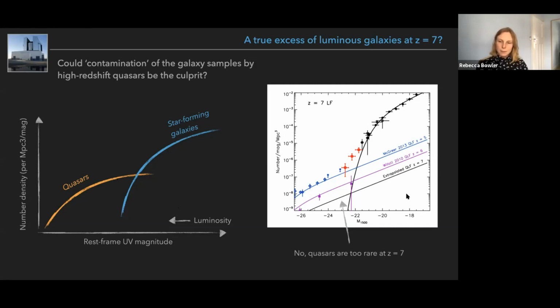Now, when we did this work, and even today, there are very few redshift 7 quasars known. They're very, very rare objects. Really just a handful of sources known. So to make a luminosity function is very challenging. And so what we did was extrapolate what was known at low redshift. So if you just focus on this black curve here, this was what we predicted the redshift 7 quasar luminosity function to be. So the important thing is that this line is much lower than the points that we find. So we don't believe that this excess is due to quasars.